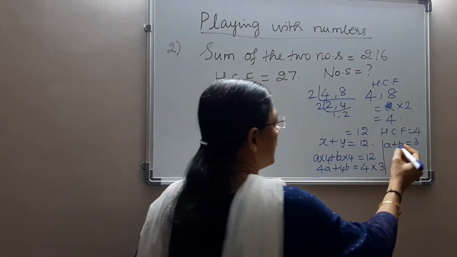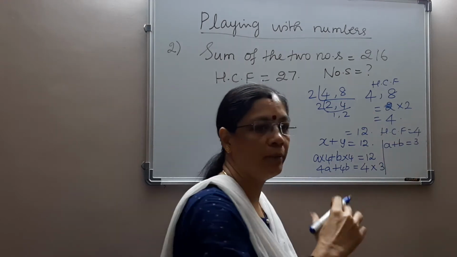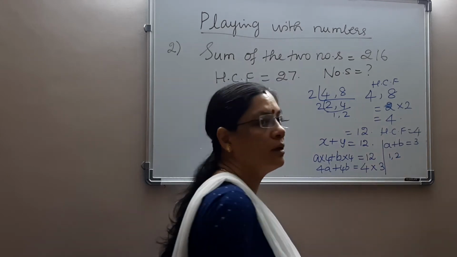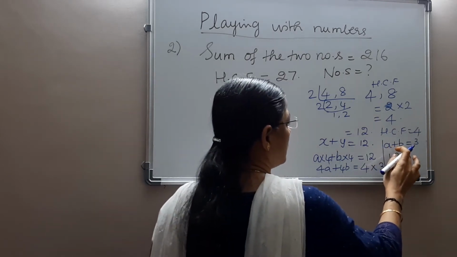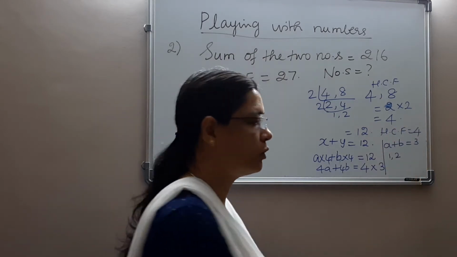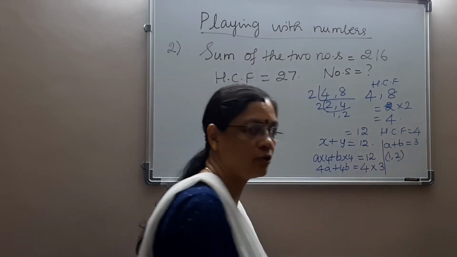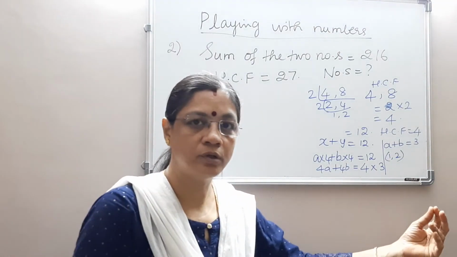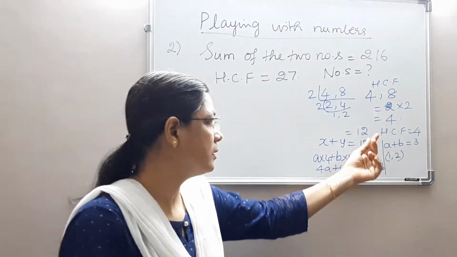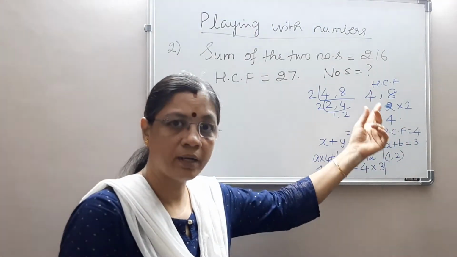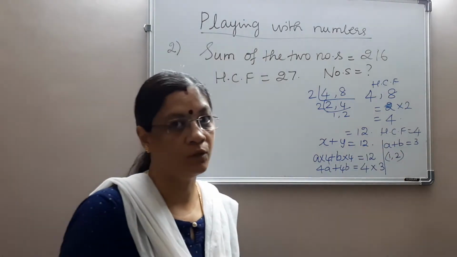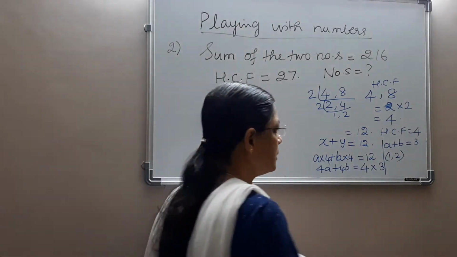Okay, now what I need to do is find a and b, the combination of a and b, so that I get 3 here. So the combination is 1 comma 2. That is, if I put a as 1 and b as 2, or if I put a as 2 and b as 1, both are the same. So you get 3 here, isn't it? No other combination will give you 3. 3 and 0 of course will give you 3, but you should not use 0, isn't it? Because the HCF has to be 4, and if there is an HCF, there should be two numbers and one number can't be 0 in it. That should be some number. Okay, so 0 is not accepted.